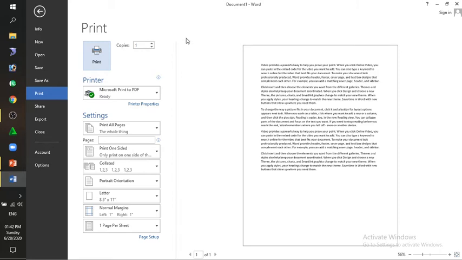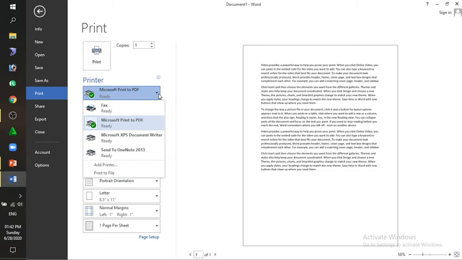On the very top you can see the copies, how many copies you want to print out of this page, like 1, 2, 3, 4, any number you want to print out, then you can give that number and print out. And then here you can select the printer. So if any printer is installed with your PC, then that will also be available here. And if there's none, then you can add the printer and print to the file.